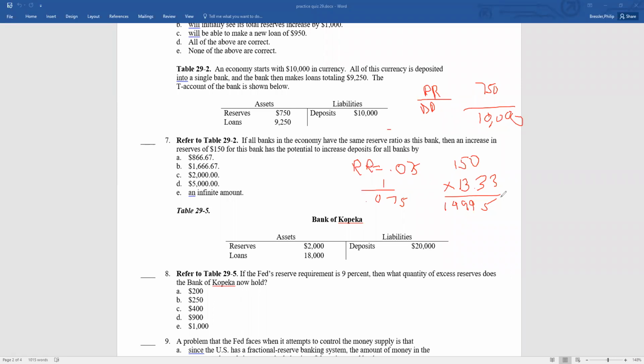All right, so do I think table 29.2 is going to be on your test? Yes, and they might just give you different numbers, but the first thing you can know is the multiplier is 13.33, and the reserve requirement is 0.075. So if they ask you something like that, you could have those two numbers there. I do not know why they had to go with such strange numbers, but they did.